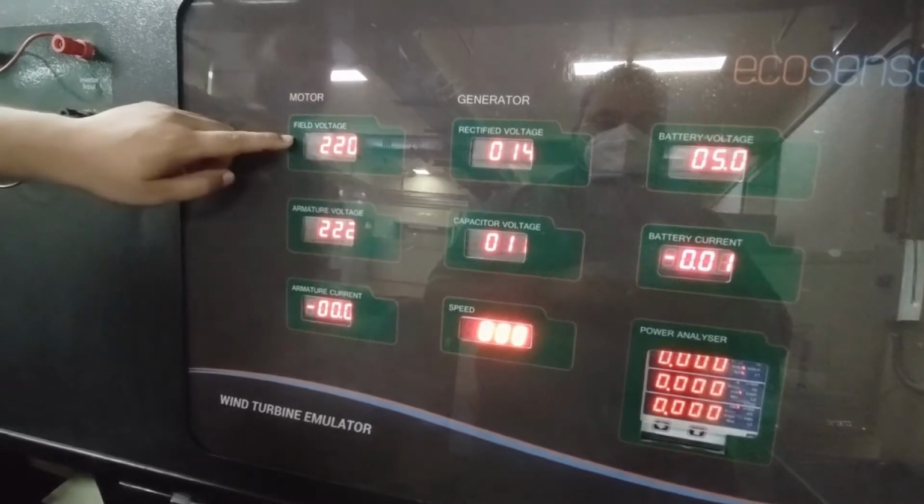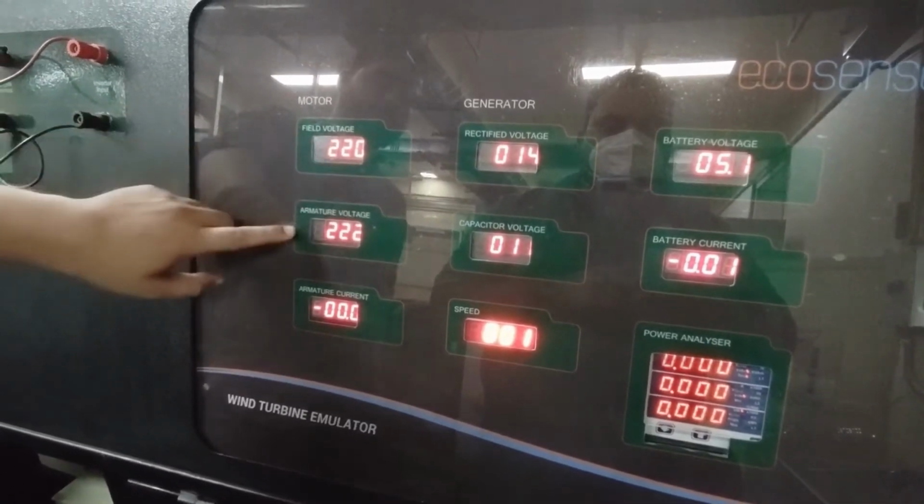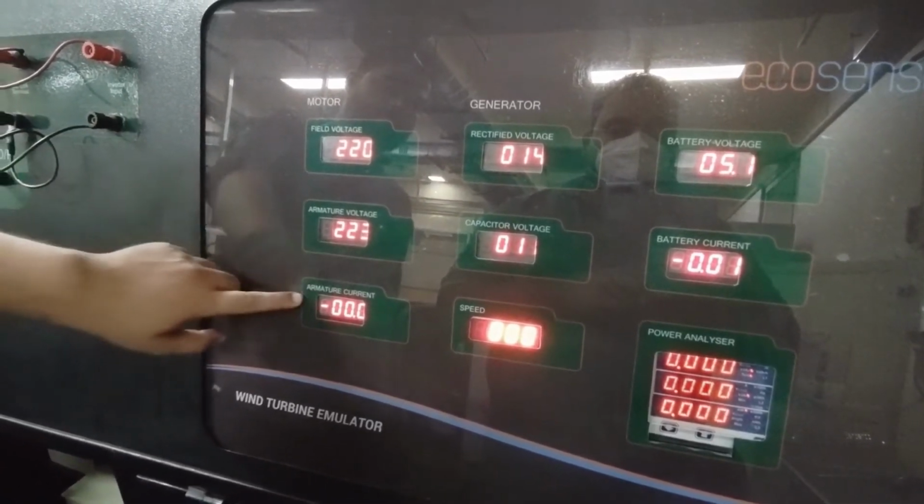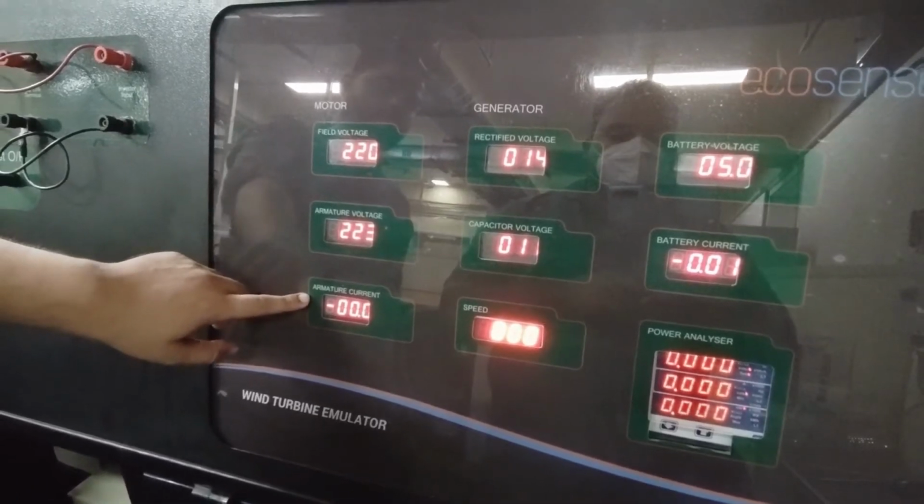We can see the field voltage 220 volt. We can see armature voltage as 220 volt. Right now, because motor is not running, armature current is 0.